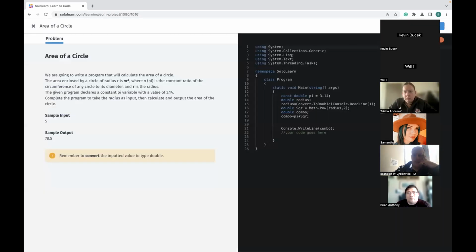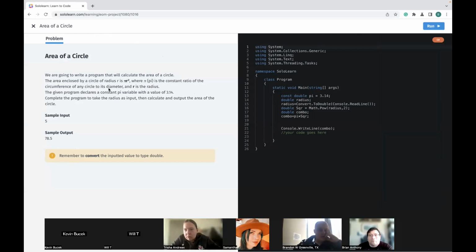Okay. And then on this one, it wants us to take the radius and then figure out what the circumference of the circle is. And to get that, we have pi times r squared. So the first thing we need to do is get the radius. Since it reads it as a string,